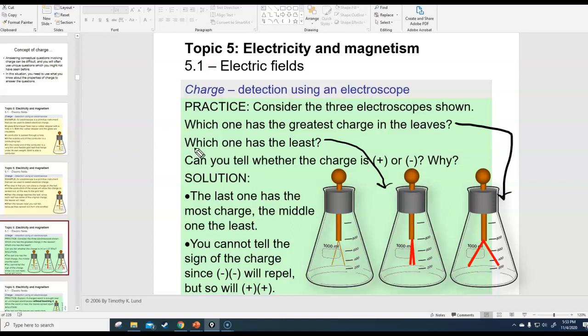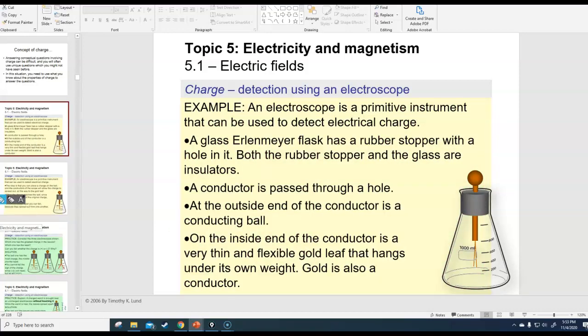But the last question says, can you tell whether or not the charge is positive or negative? And the answer is no. You cannot use an electroscope to determine whether you have positive or negative charge, because in the example I gave before, I used a positively charged rod, and I said that the free electrons are attracted up towards the positively charged rod. But if I had replaced that with a negatively charged rod, then what would happen is, just to go back to the last slide,